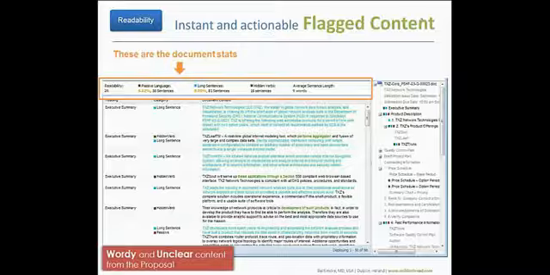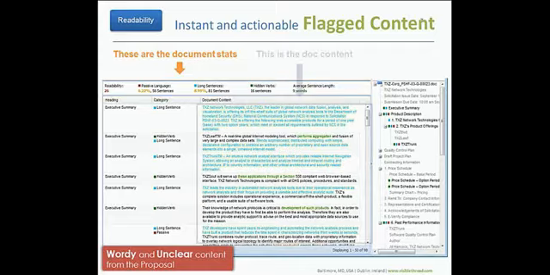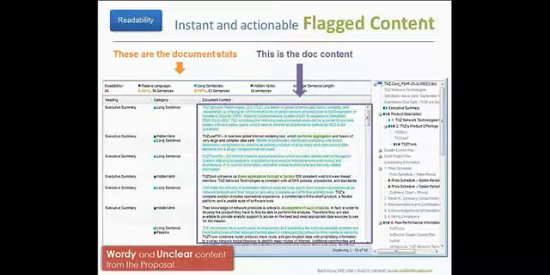This is when we want to go into the specific detail of a given document. So the previous screen showed us almost the kind of side-by-side view of documents as they relate to each other. This one is a more detailed view. It's a single report, and what you see on the top are overall statistics for that one document. What you see here underneath the arrow titled "This is the doc content" is the actual content, and this would